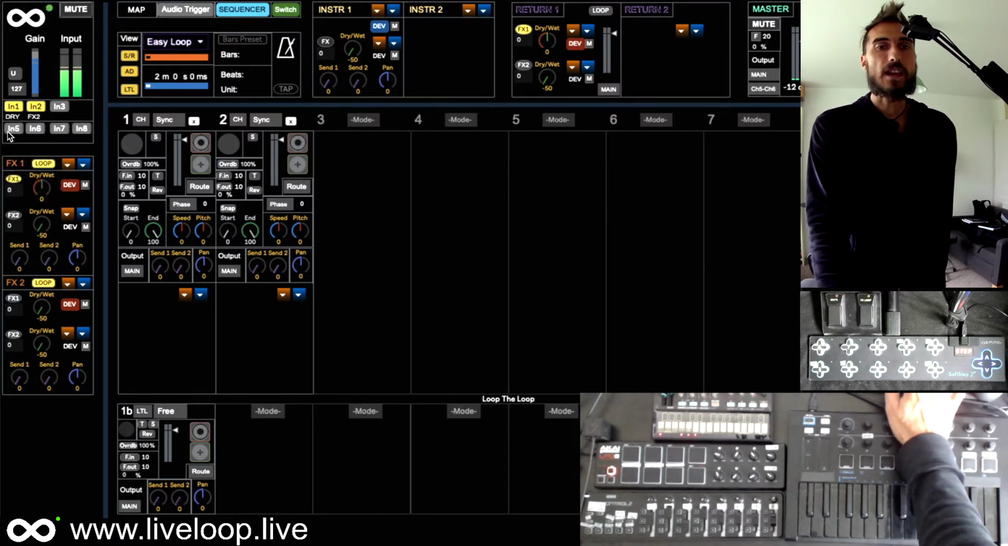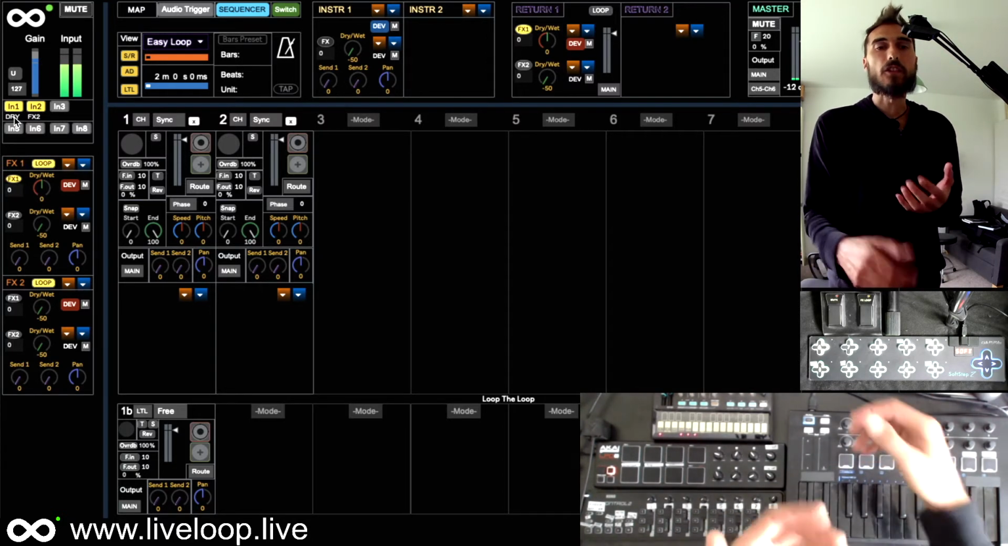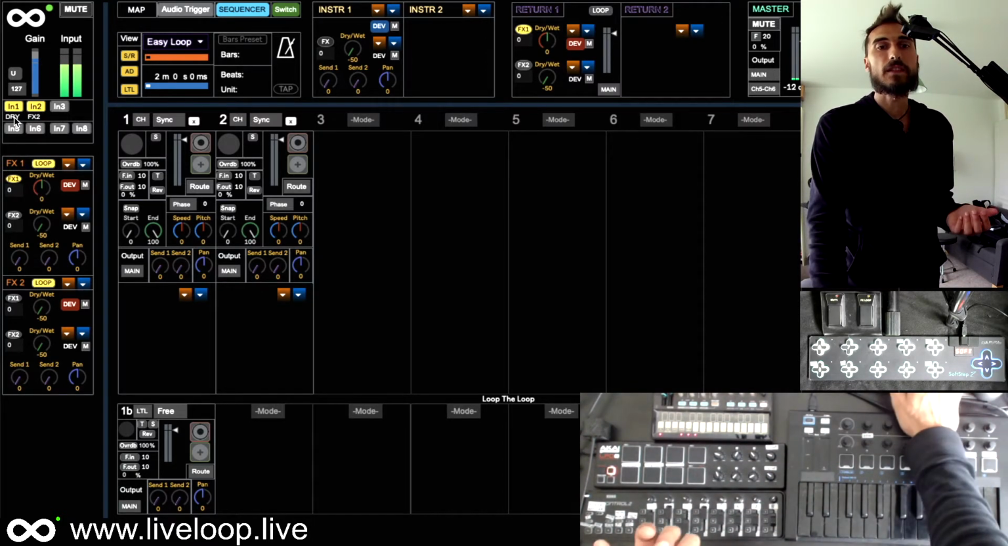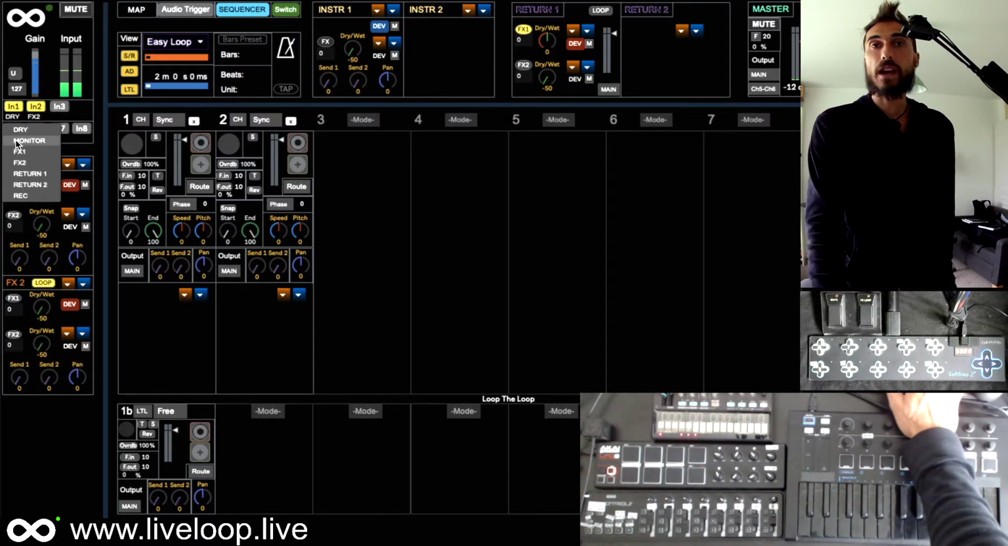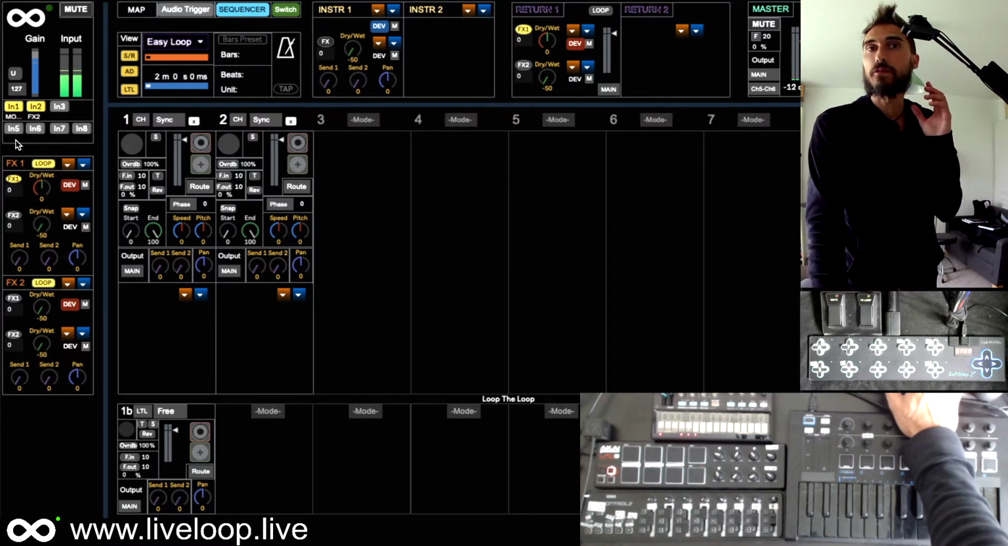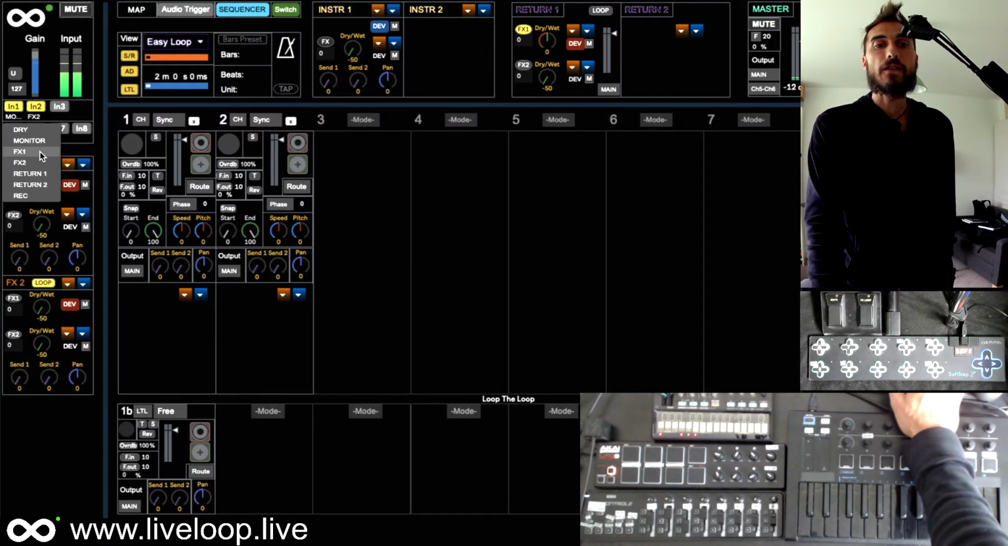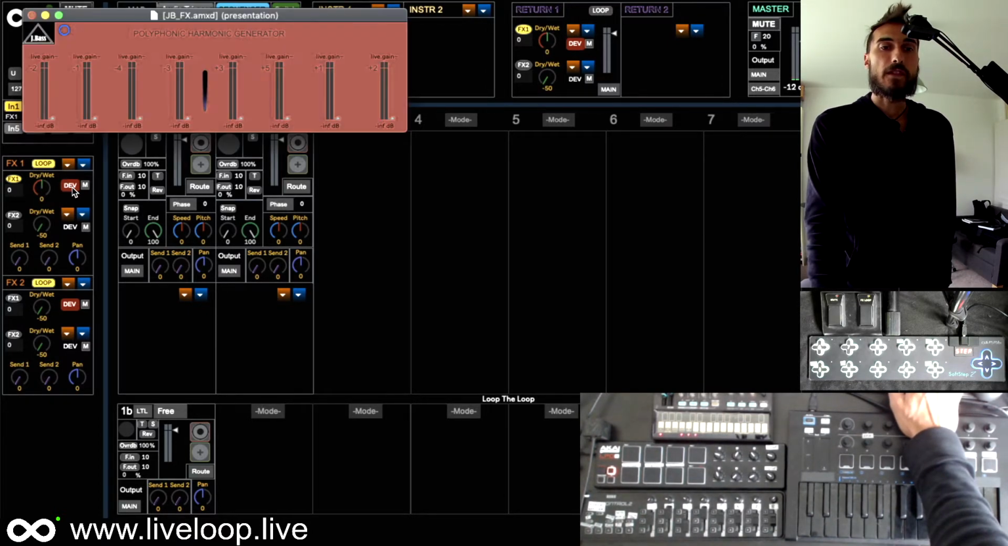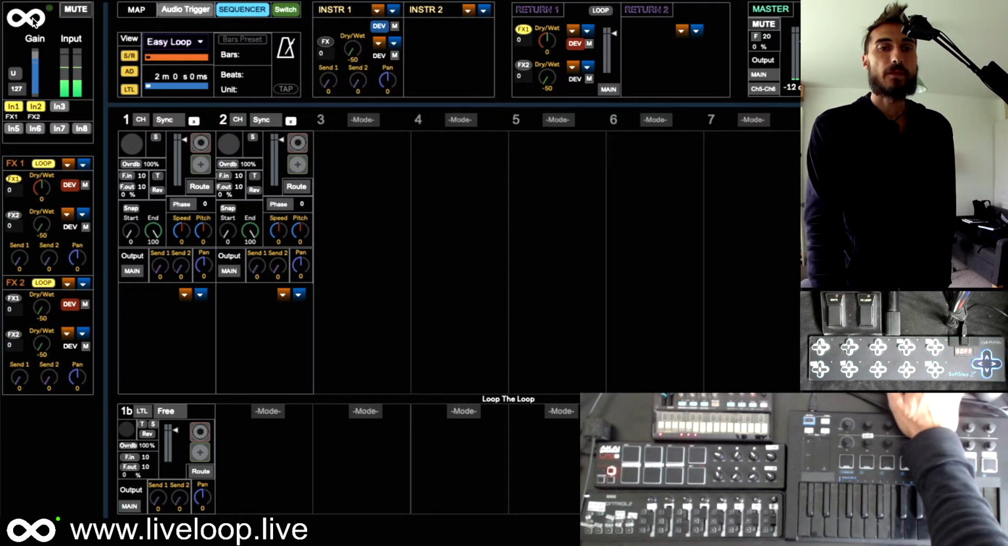When it's dry, we will just record the dry sound of the instrument that comes to the input into the loop. But we can monitor it as well, so we can hear what we are playing through our headphones. We can also send it to FX1. So for example, I choose FX1, which is this FX1 box. So input 1 will go through the box, to the plugin of FX1, and